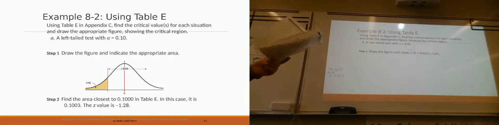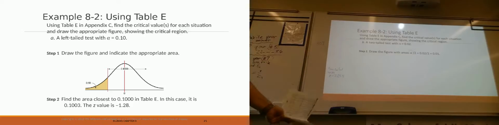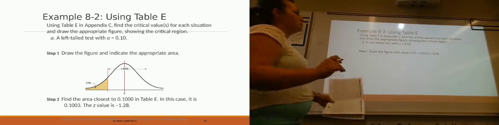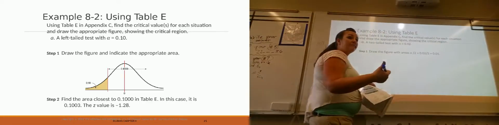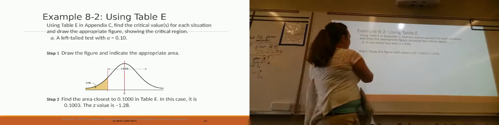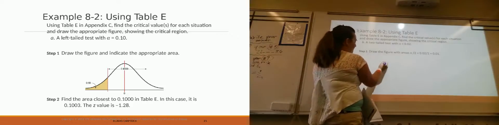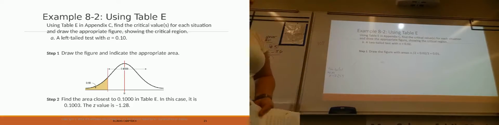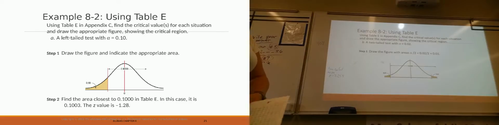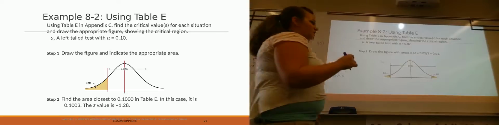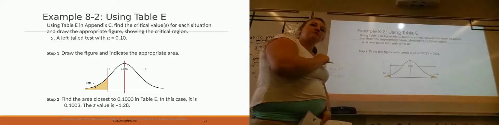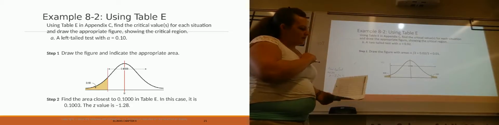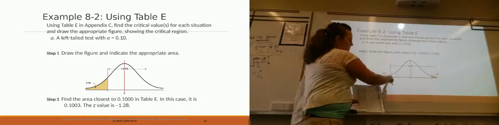I like this one because it kind of makes more sense. Okay, draw the areas. Now I want a two-tailed test with alpha as 0.02. Anytime I have a two-tailed test, you're going to divide it in 2, so basically just to get over here and over here. You can just click and it'll draw it for us. So you do that quick drawing, label a little bit of stuff in there. I like just finding this one because I don't have to subtract it from 1. The directions that you took a picture of said to subtract it from 1. I don't like that so much because I could just over here where I